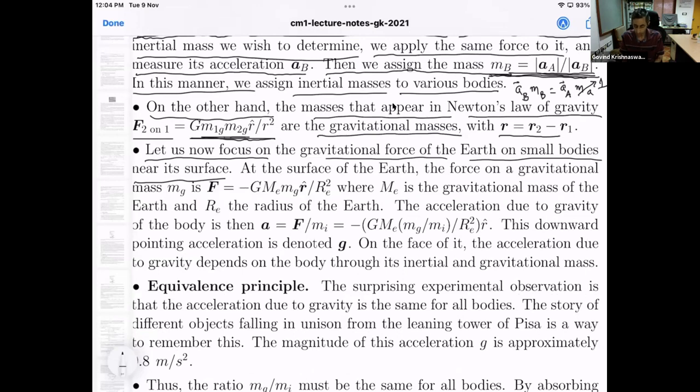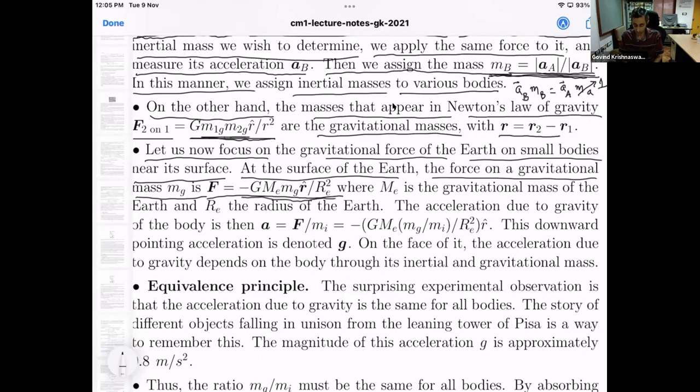Now, at the surface of the Earth, the force on a gravitational mass mg, so I take some body, maybe this bottle, and it has some gravitational mass mg, as yet undetermined. That force is given by Newton's law of gravitation. So minus, because it is pointing downwards, towards the center of the Earth, minus G me mg r hat